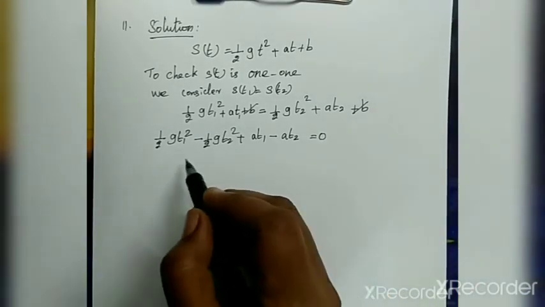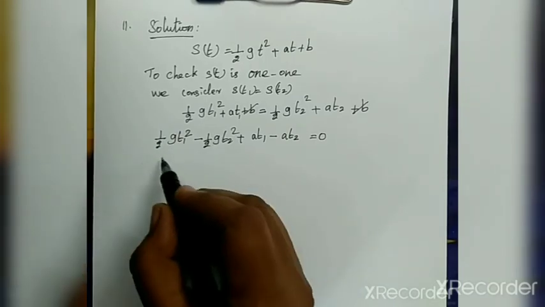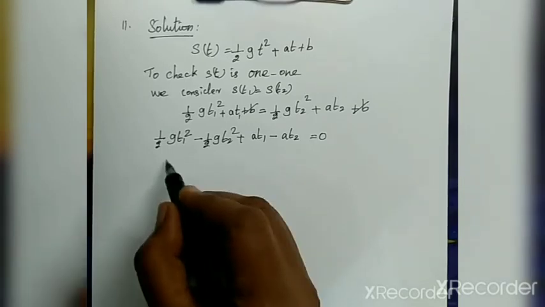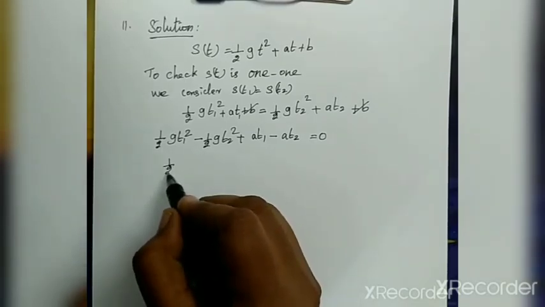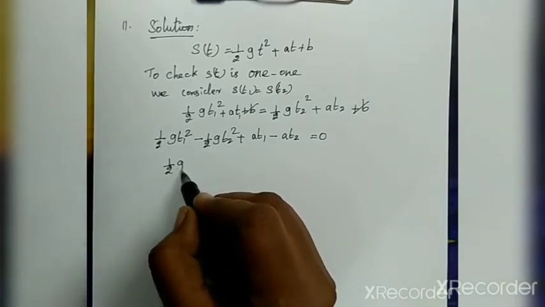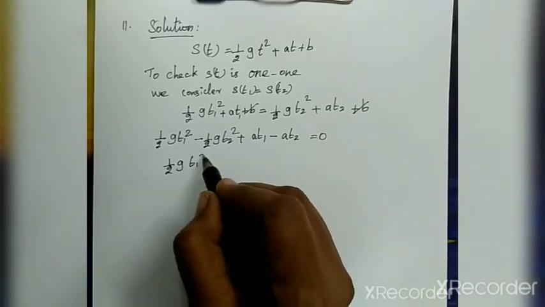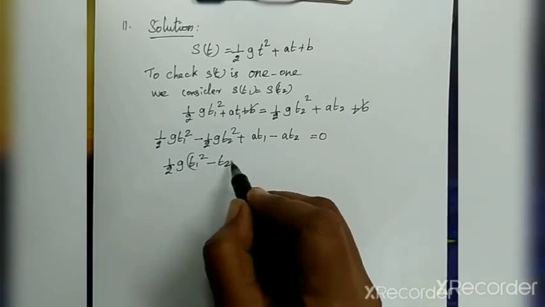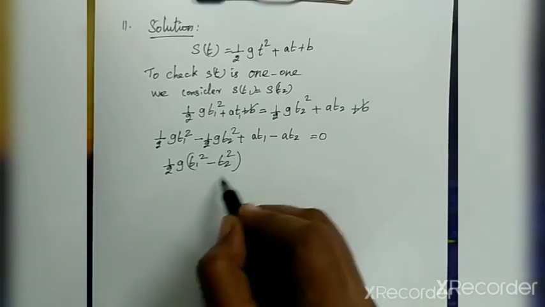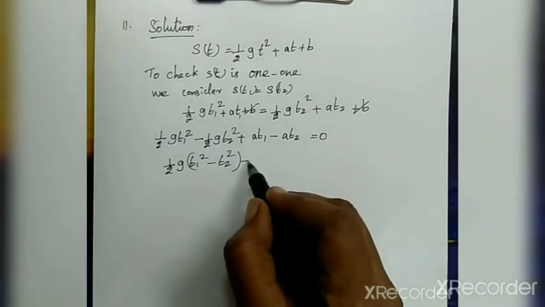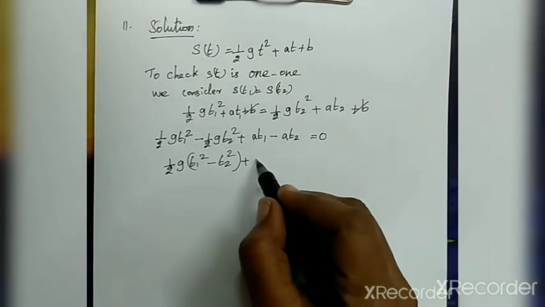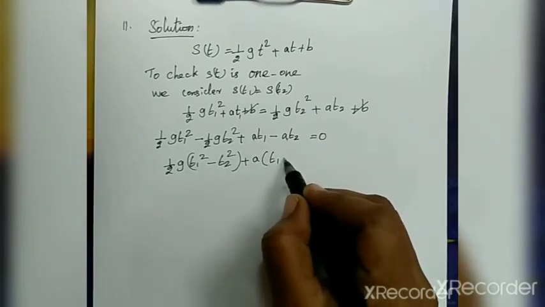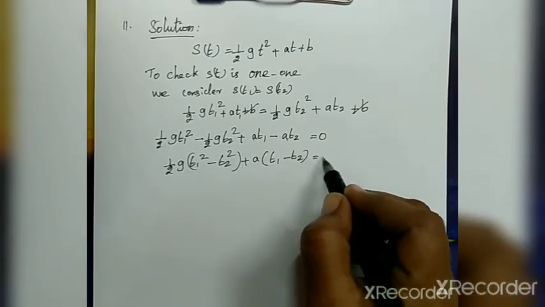Now we take the common terms outside. In both these two terms, half and g are common. So taking that outside, half g into t1 square minus t2 square. Now here a is the common term, so taking a outside, a into t1 minus t2,